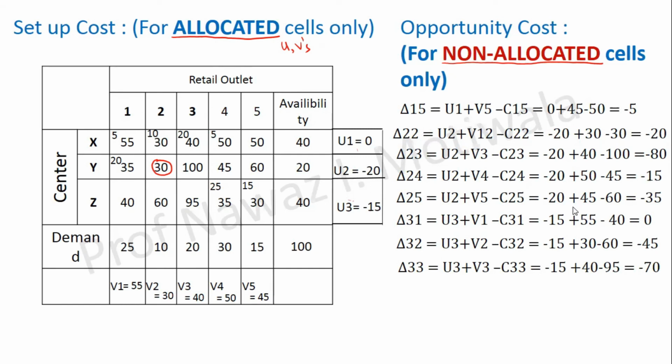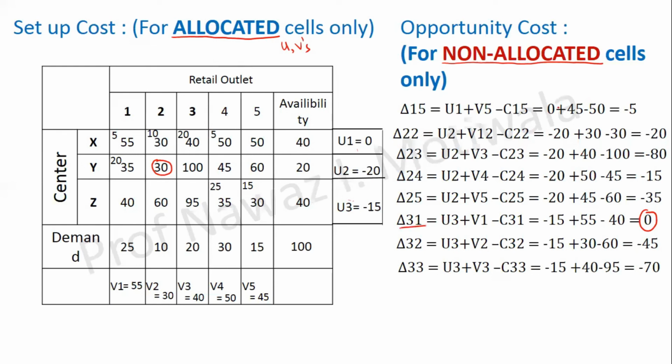But this zero indicates neither opportunity for loss nor profit. It indicates that if you allocate at delta 3, 1 also, then the solution will remain the same. And this we have also discussed in the previous problem. I allocated one number and we balanced it, and we saw that the cost comes out the same. So this 0 indicates neither profit nor loss. That means the total cost which we found from the initial feasible solution will neither increase nor decrease if we allocate at cell 3, 1.